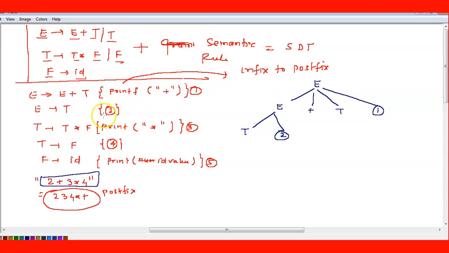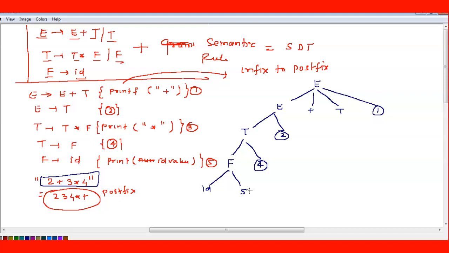This 2 means which semantic rule is given, right? T may be what next? Factor, or rule number 4, right? And F may be which one? ID, yeah, rule number 5, right?